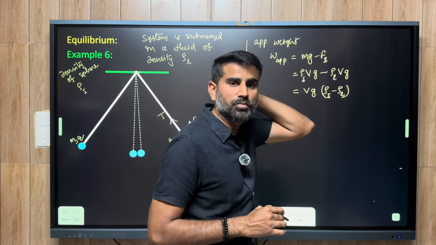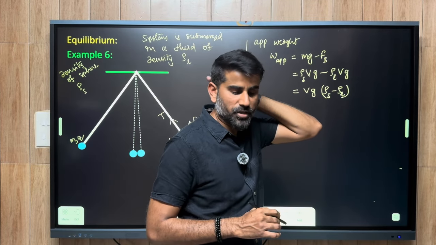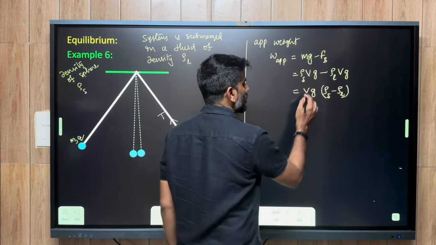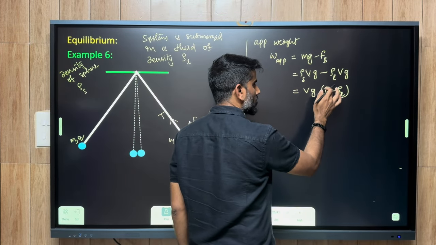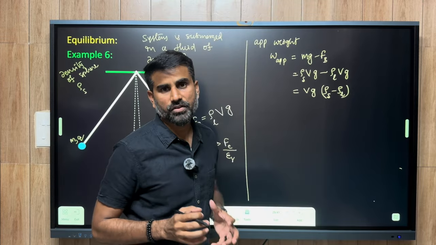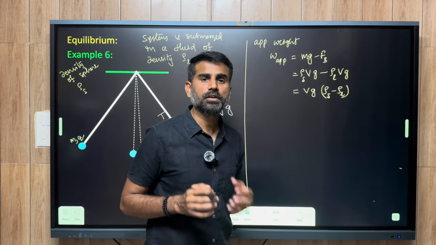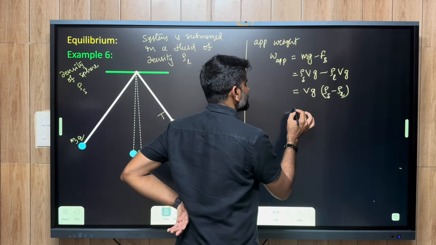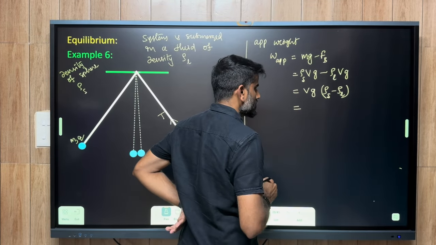I am doing the entire analysis, but I can directly jump onto the conclusions, but I wanted to explain it better so that you can understand it clearly. Okay, so V is volume, g is acceleration due to gravity, rho S is nothing but density of the sphere, rho L is nothing but density of the liquid. Now what I am going to do is